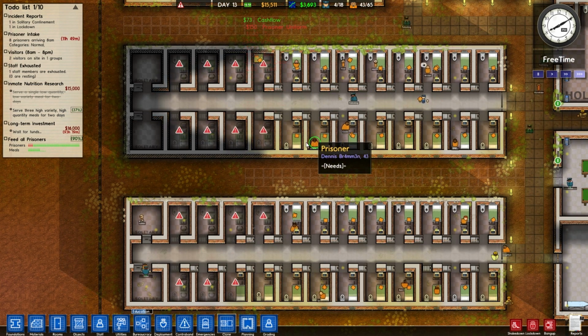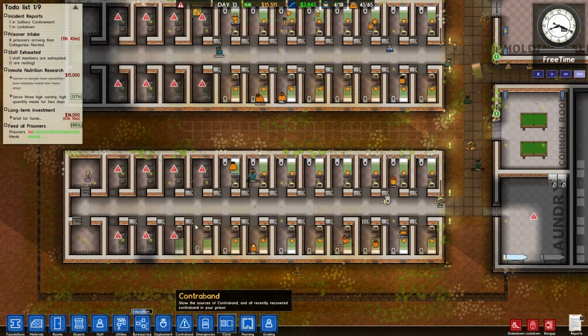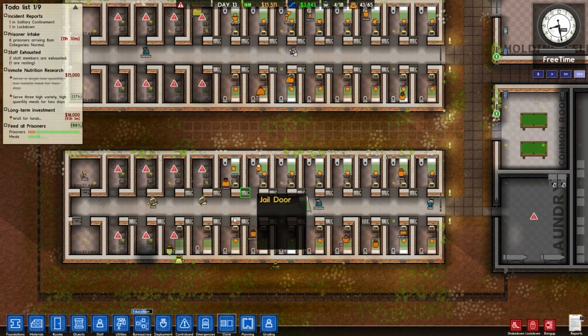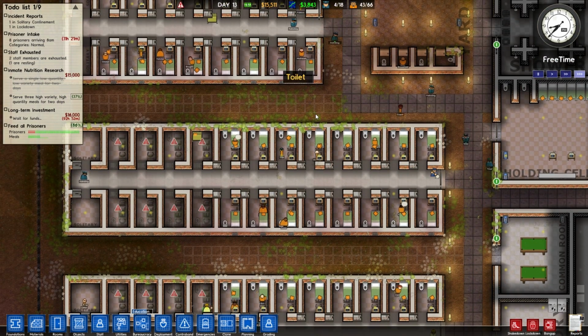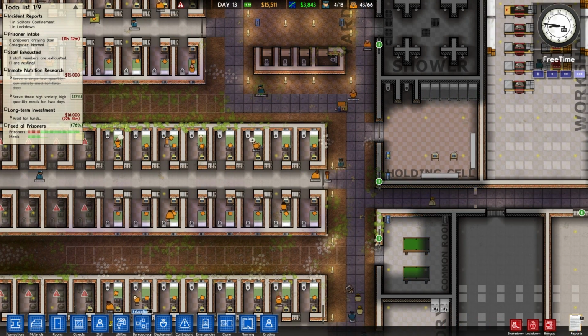Go ahead and get all those cells up and running. Effectively, that's another cell block minus 2 solitary cells. Because each one of these cell blocks has 16, that was an extra 8 on each of them, so that's another 16, which is good. We need to keep expanding and taking in more prisoners, so